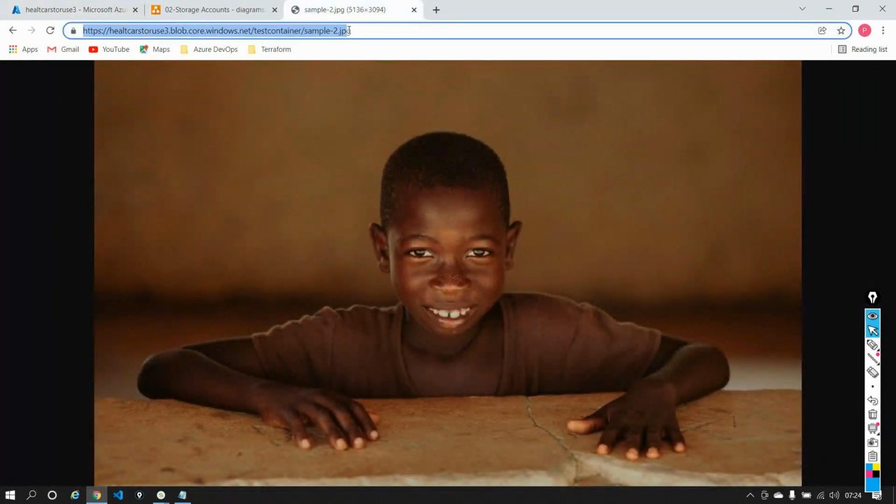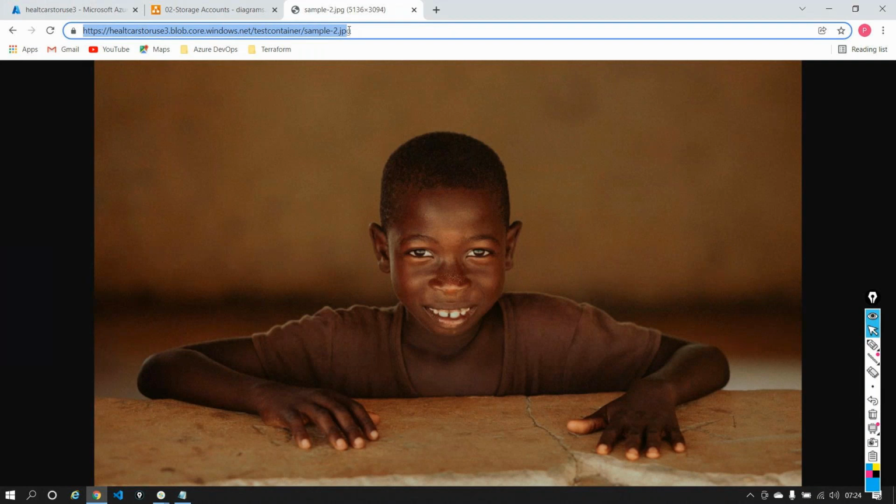But as a business, this is a security concern for me, right? Because I cannot let just anyone come here and download this blob and use it for their own advantage. That would be a security concern for me.